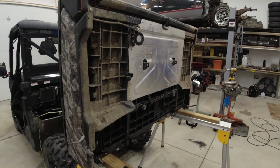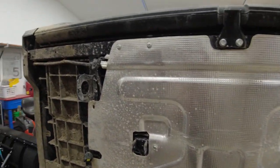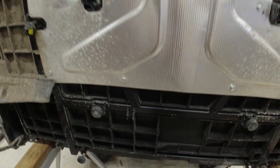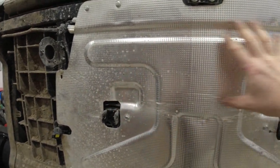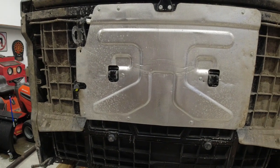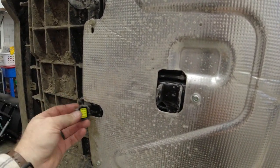All right, so here's what we're looking at. This is obviously the bottom side of the bed. Tailgate is up here. Cab side is that way. This whole heat shield does not exist on my machine. And I'll be honest with you, I don't know if this was installed at the factory or not, because I noticed this the other day,